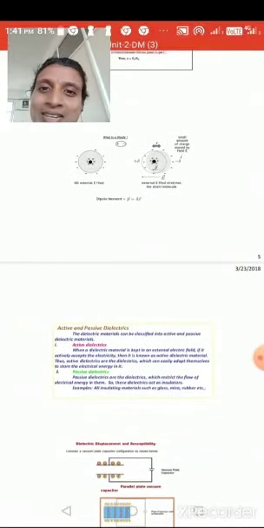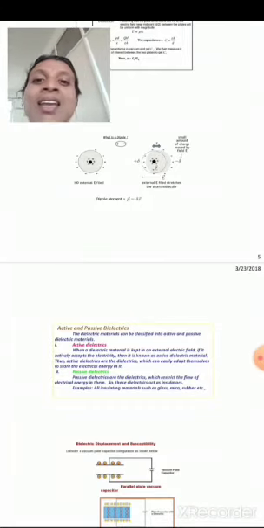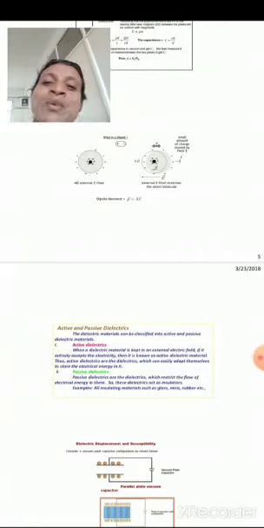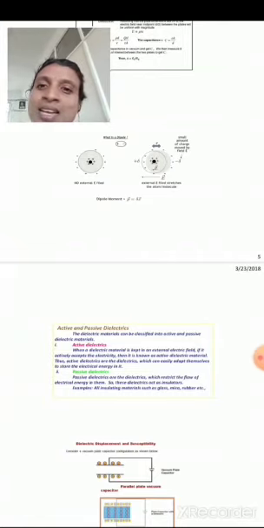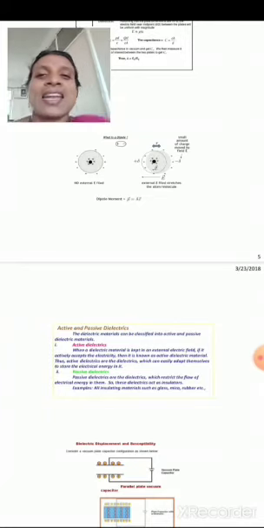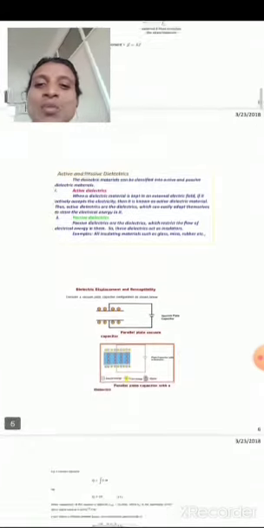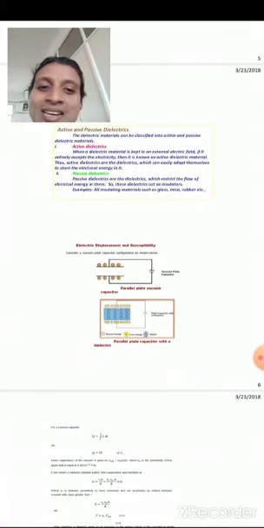How can we get a dipole? This figure indicates the changes in the dielectric material without an electric field and with an electric field. Without the field, positive and negative charges are combined. If we apply an electric field, the positive charge will be displaced in the direction of the applied electric field and the negative charges will be displaced in the opposite direction.